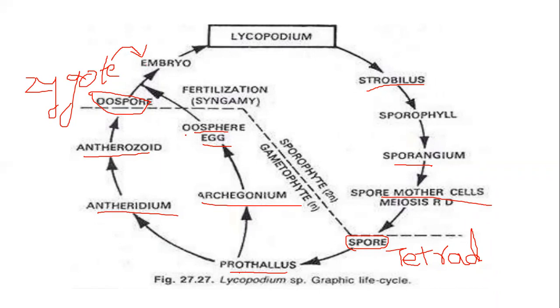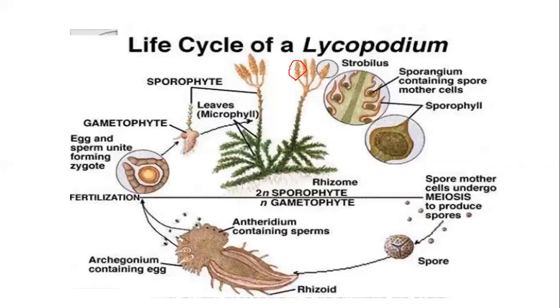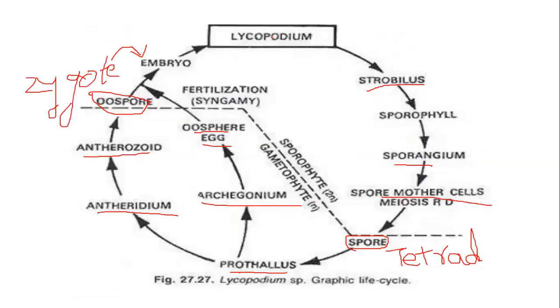Some of the cells will develop here. This is an embryo, whereas some of these cells, or the leaf initials, develop into the stem and the leaves, and the rhizoidal initials develop into the rhizoids or the rhizome. Okay, that leads to the formation of a young sporophyte, which will develop into the adult sporophyte, what we call the Lycopodium sporophyte. So I'm just stopping sharing here. Right. So this is about the complete life cycle of Lycopodium.